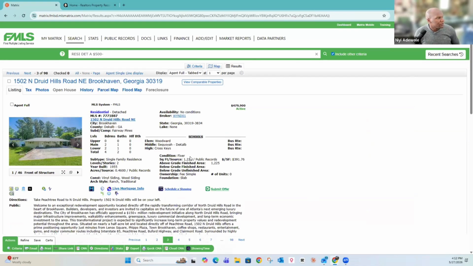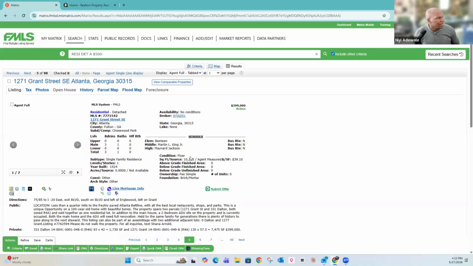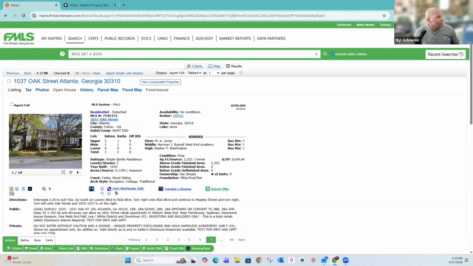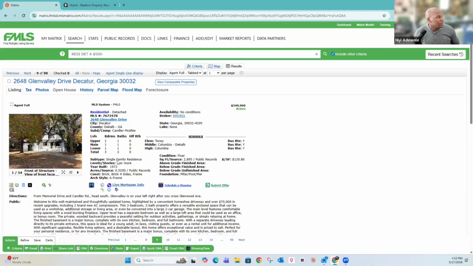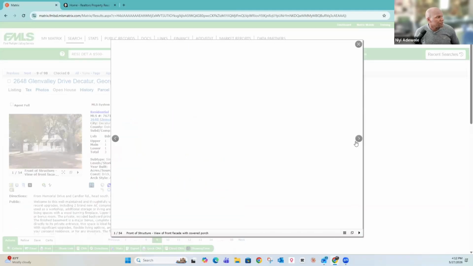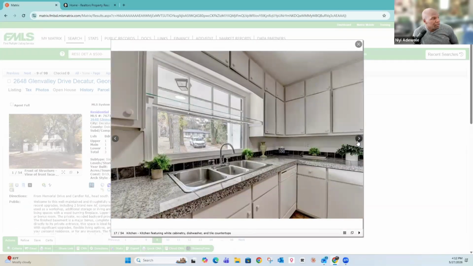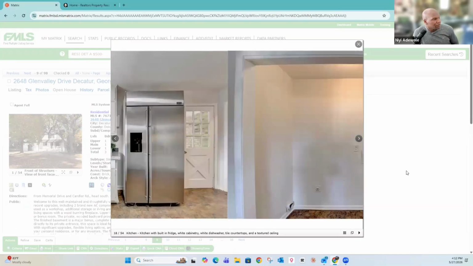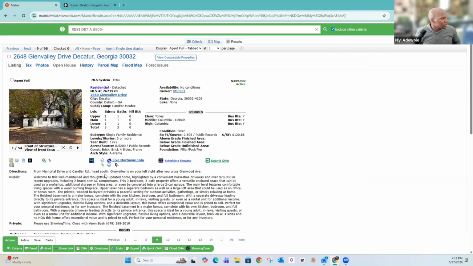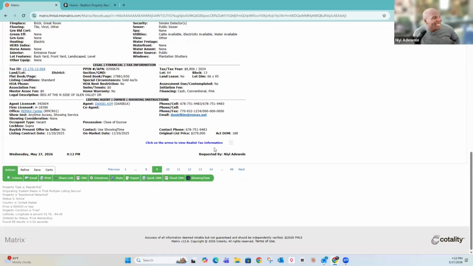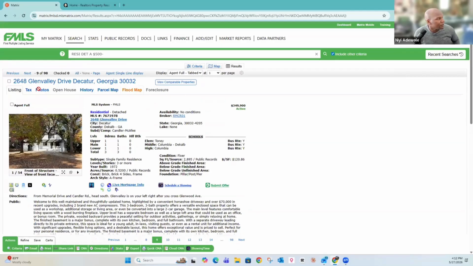So this is a 3.2, 4.2. I want to do something like 3.1, 5.3 that you got above and below ground. Go with 3.3 indicator. Let's go with this one. Let me take a look at pictures. This is definitely not a fixer, but we can still use it. Countertops are composite. You could update that. So we'll use this one, right? So this is a 3.3, been listed for 188 days. So it's been out there for a while. They've lowered the price a little bit.